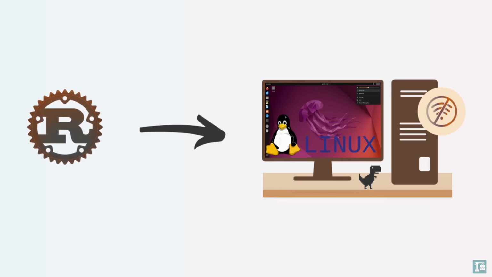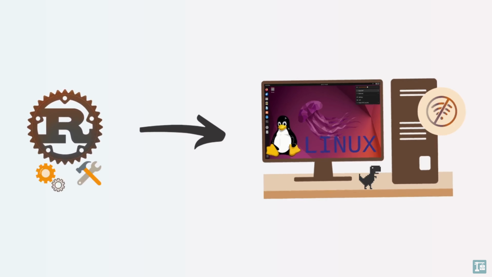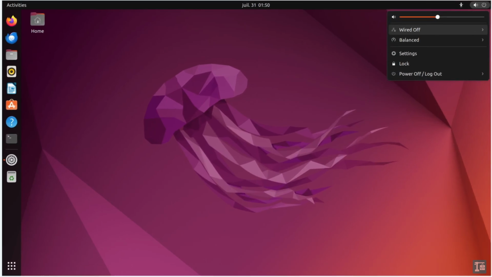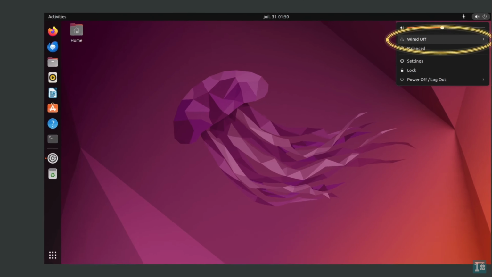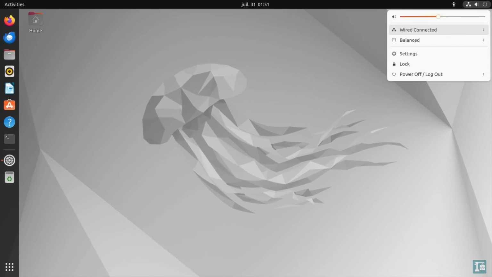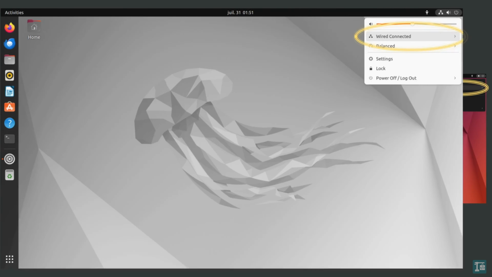How to install the Rust toolchain on a Linux computer that is not connected to the internet. In this tutorial, we will guide you on how to do that. As a prerequisite, you will need access to another device, such as a computer, tablet, or phone with an internet